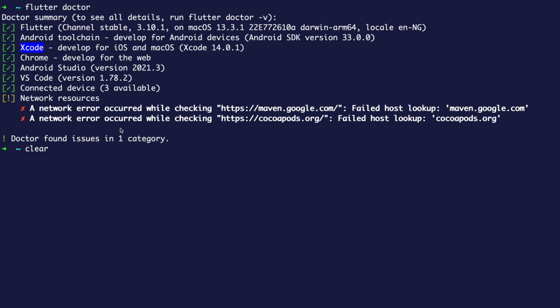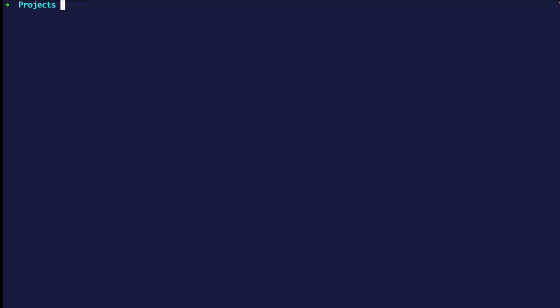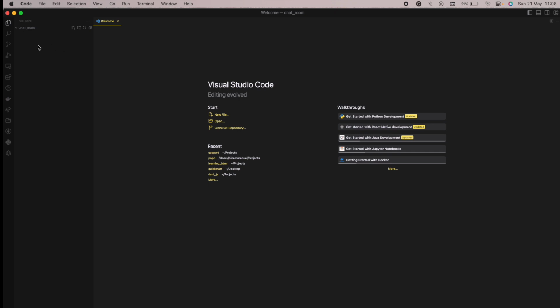Now let's move ahead to create our new Flutter project since we've successfully installed all the requirements. I'm going to change my directory to the projects directory because I have this projects directory where I keep all my projects. You can have the same thing too. Then you move to that directory and type in the command that I'm going to type right now, which is mkdir, and I'm going to call it chat room. I think I already have it created already, so what I'm going to do right now is remove the directory and then recreate it so that we start afresh. Clear the screen, code chat room. This will open the chat room in VS Code for me.